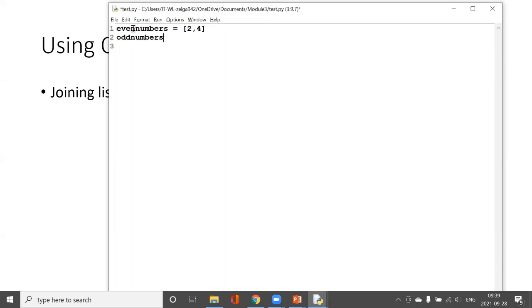Odd numbers. All numbers. I could not use "all" because you saw its color changed, so it showed that it is a keyword that cannot be used for the name of a variable. So, odd numbers